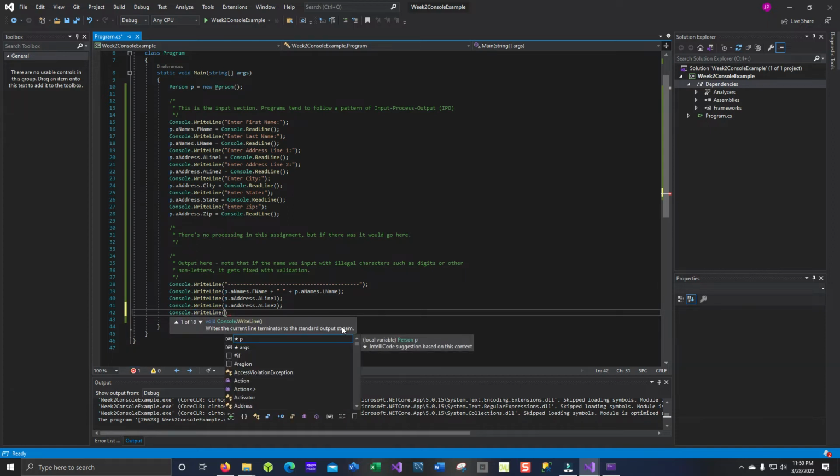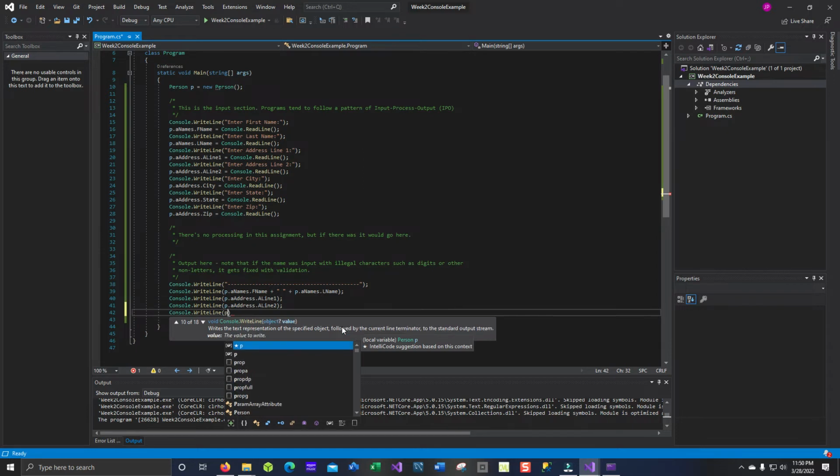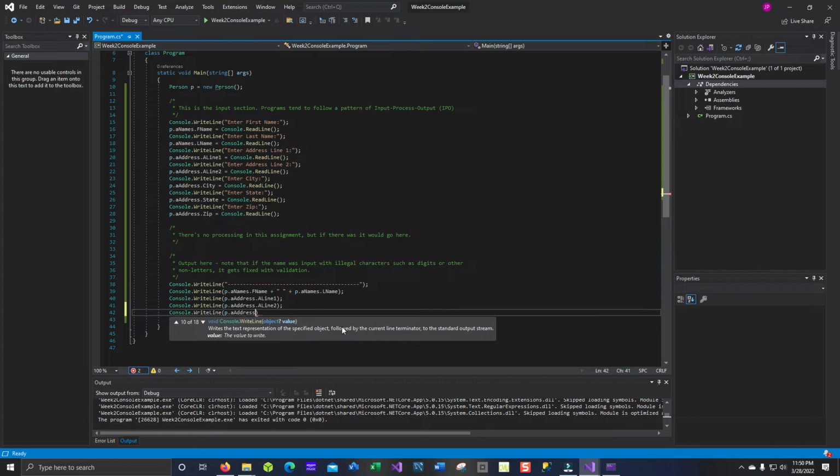I hit open parentheses and you'll notice it fills in the close parentheses, and I'm going to put in P for person, dot, and again we're up to A address, so I hit the tab key, the dot, and we're up to city, so I can just hit city. To get city, I can just highlight city and then hit tab, and then go to the end of the line, put in a semicolon,